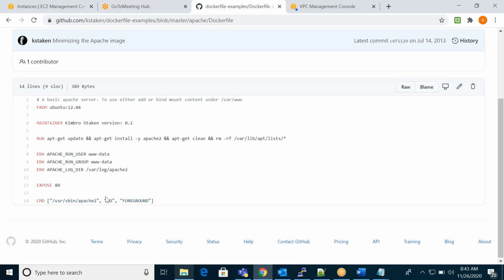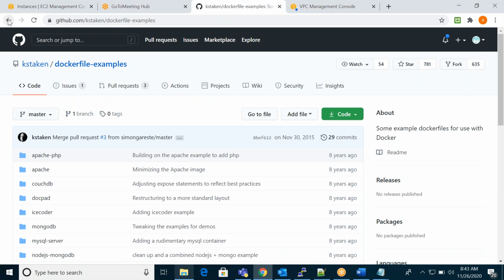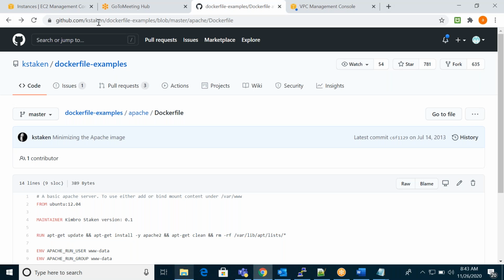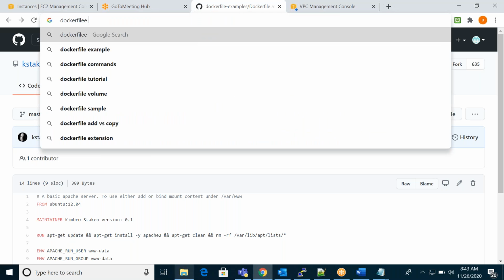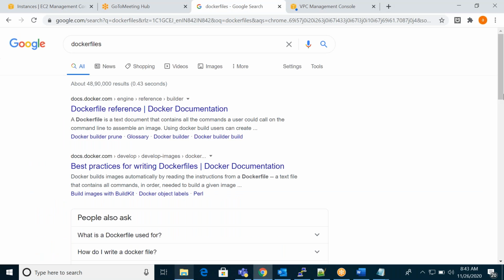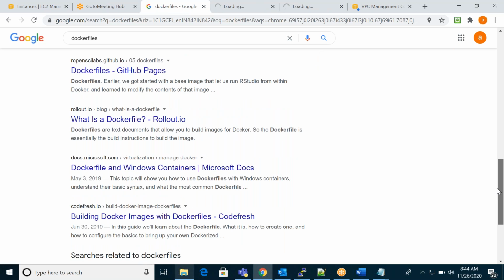Then they're starting Apache in the foreground. If you see any example, it will be the same. We'll go back and see some other examples. It's very important: you need to learn Dockerfiles and how to write them.